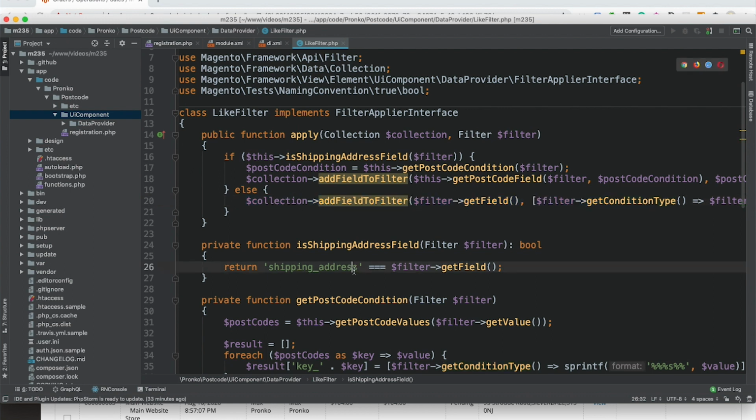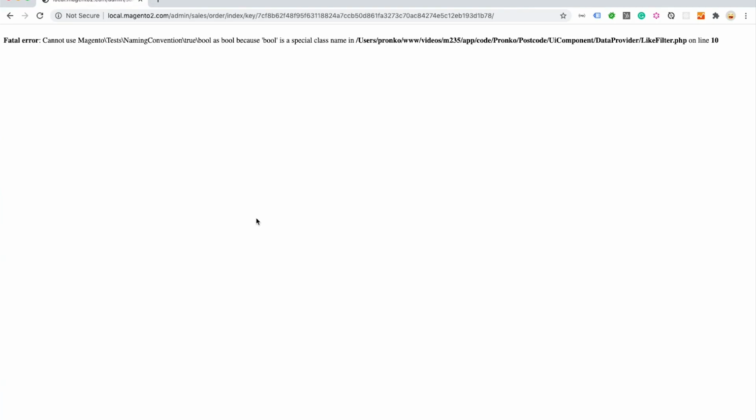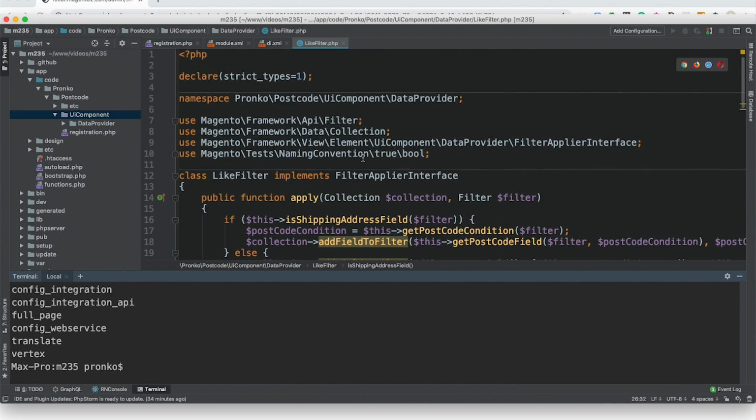Let's go ahead and clean cache by running bin/magento cache:clean command. I probably have a typo from a PHP Storm after completion.